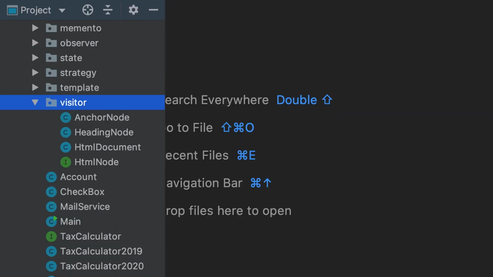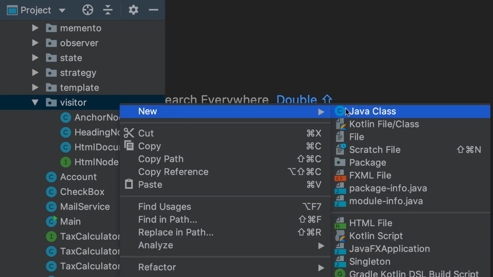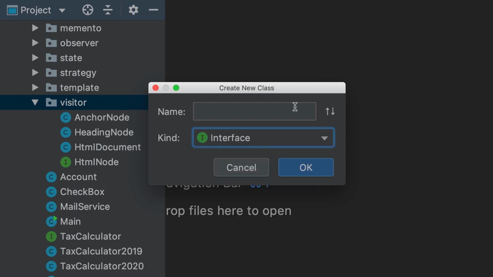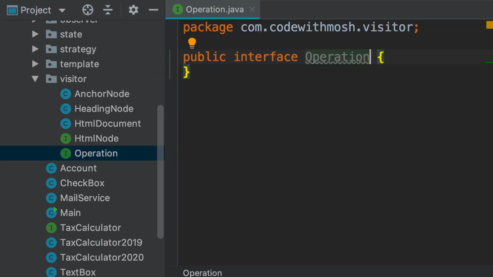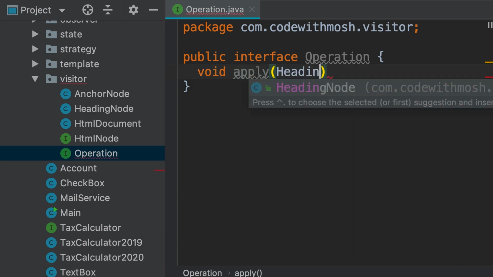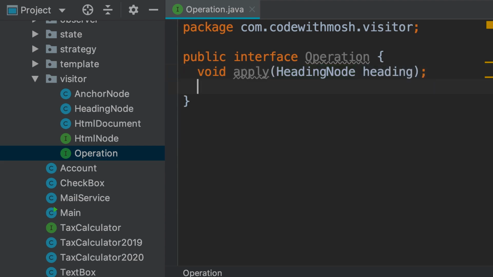To implement the visitor pattern, first we need to introduce the operation or the visitor interface. So let's add a new interface. I prefer to call it operation because it better aligns with the domain of this application, but we could also call it visitor. So here's the operation interface. Here we need to overload the apply method. So we're going to have one apply method that takes a heading node object and another that takes an anchor